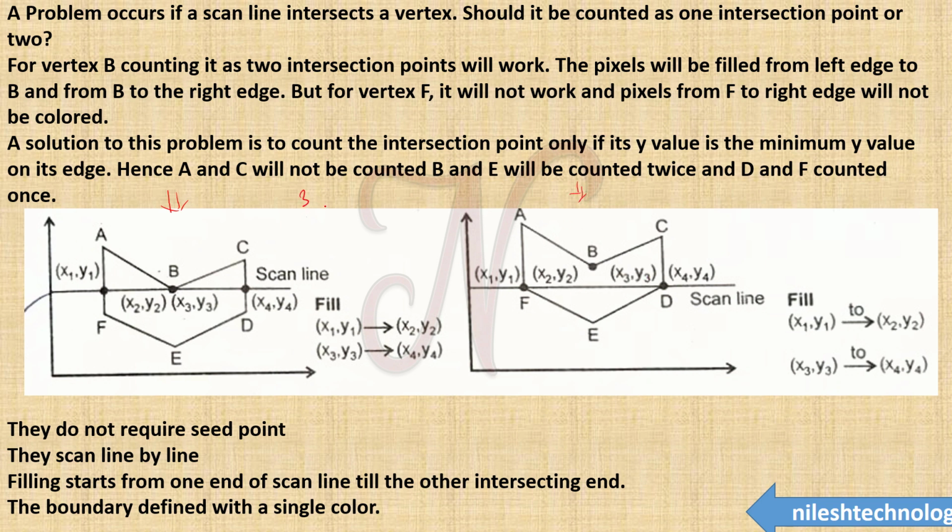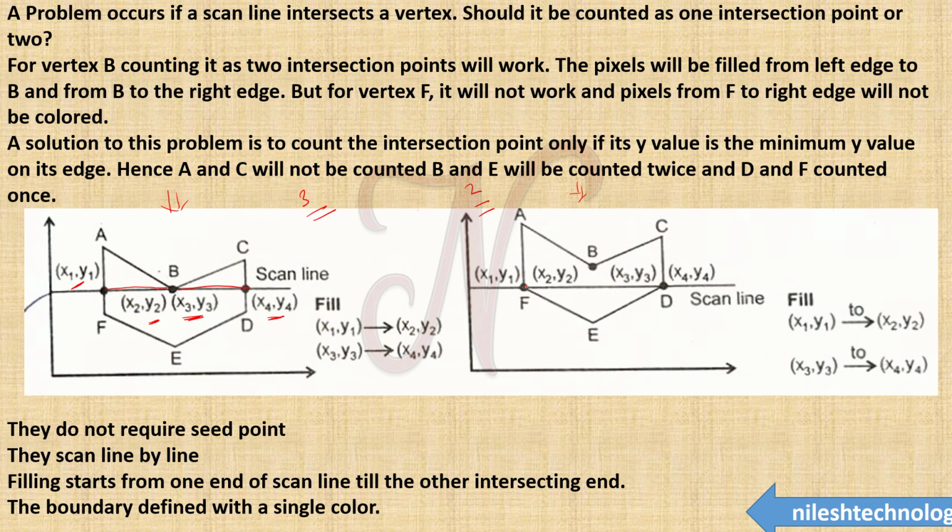Okay, in one situation there are odd points and in another situation there are even points. If there are 3 points, see here how to perform this execution. This is your x1 y1 first point and this is your second point x2 y2. So fill this polygon by using A to B. Then again B is repeated here, x3 y3 to x4 y4, again B to C here we draw.